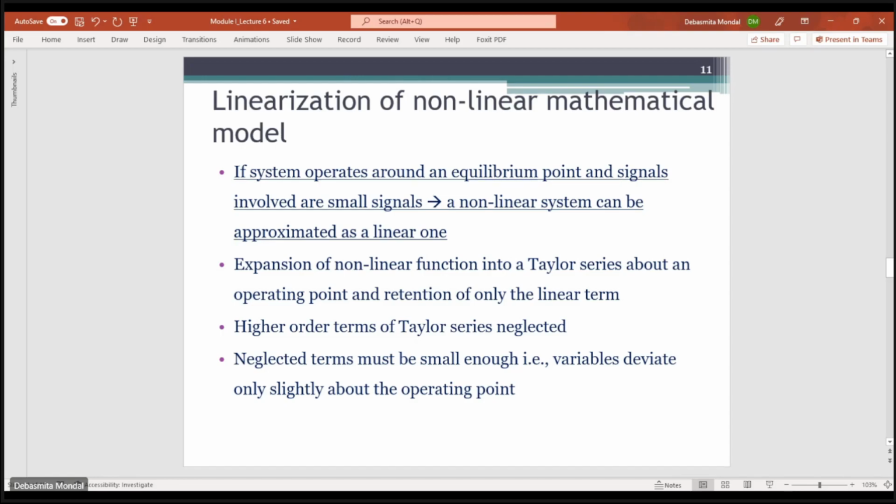Okay, so the basis of linearization is that if you have a smooth curve, that curve varies very little from its tangent line. So if you have a plot like this, let us say this is the plot for some nonlinear function. Okay, so if you take a point, let's say over here, let's say this is point P. Okay, so if you draw a tangent at this point,